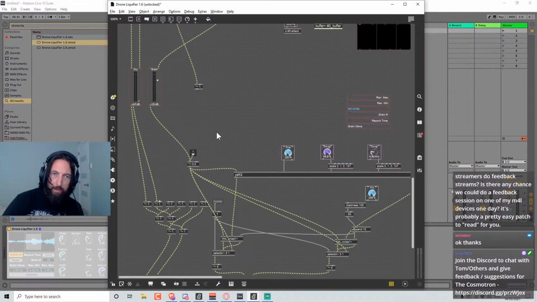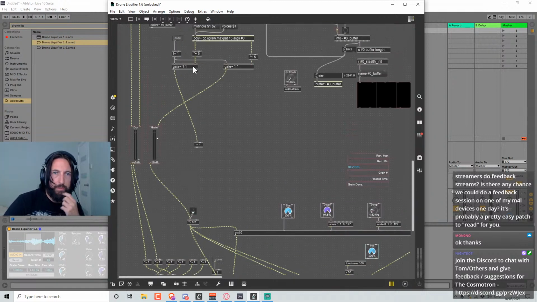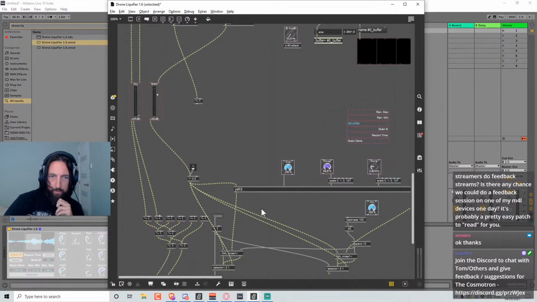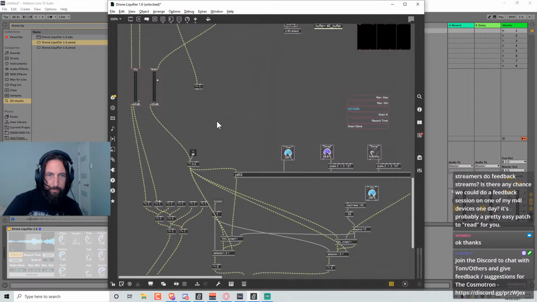That's probably why I've failed to build the actual stereo part, and I think that's really important. So I think the next stream I'll be focusing on that, which will involve, we've got a left and right coming out of the grain, so we'll just have to modify the verb to be able to be stereo, which is cool.